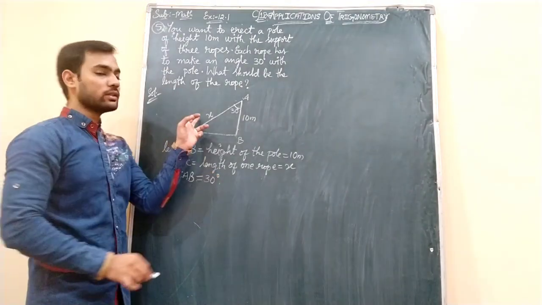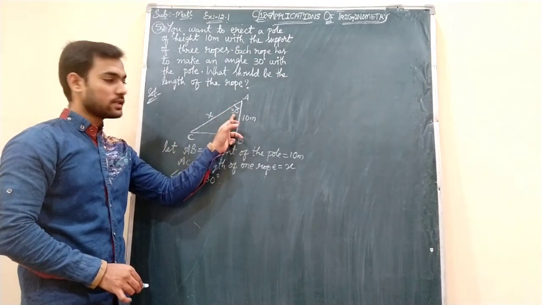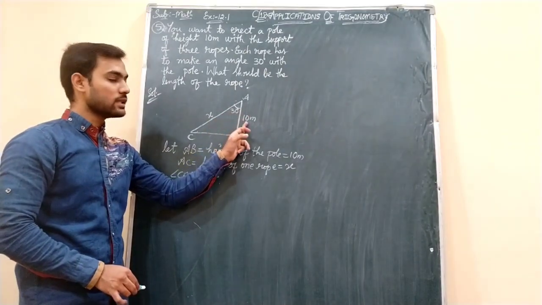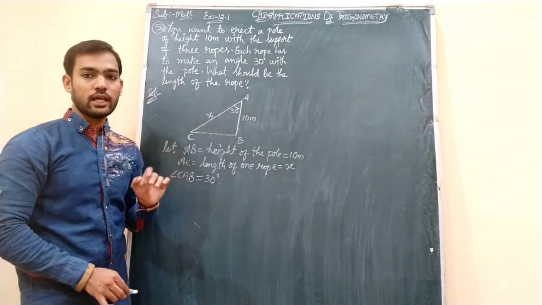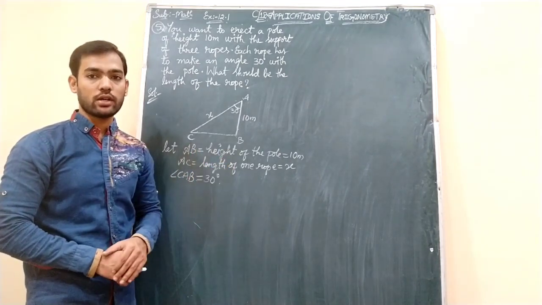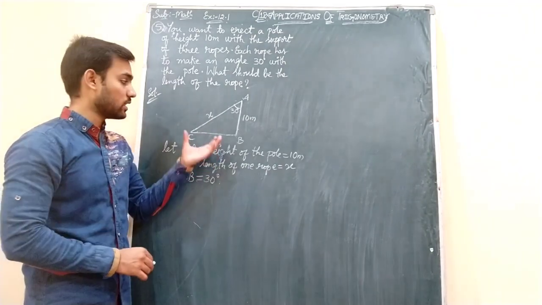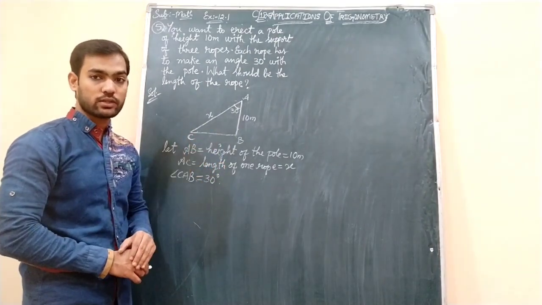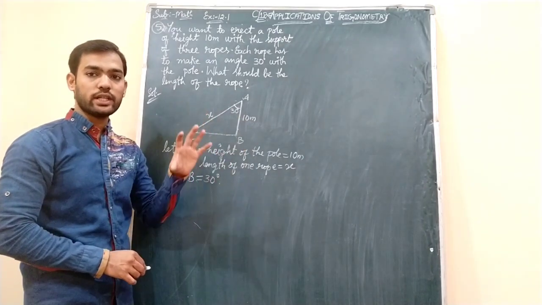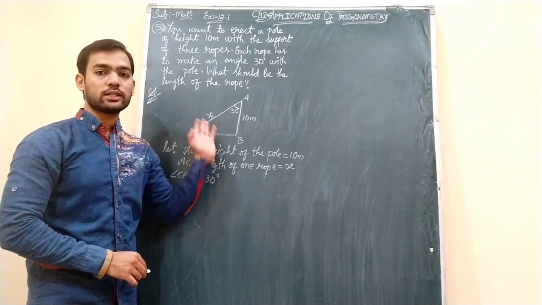Now as we need to find this side, and this side is given to us, with respect to this angle this is the opposite side, which we do not require. So with respect to this one, this is the adjacent side and this is the hypotenuse. Adjacent and hypotenuse are involved in the cos ratio. So here you need to consider the cos ratio. Understand students? I am repeating again. This is the opposite side, which is not required and not given either. This is given, this we want. So this is the adjacent side, this is the hypotenuse. So it is part of the cos ratio. So in this triangle, you need to use the cos ratio to find the length of the rope.